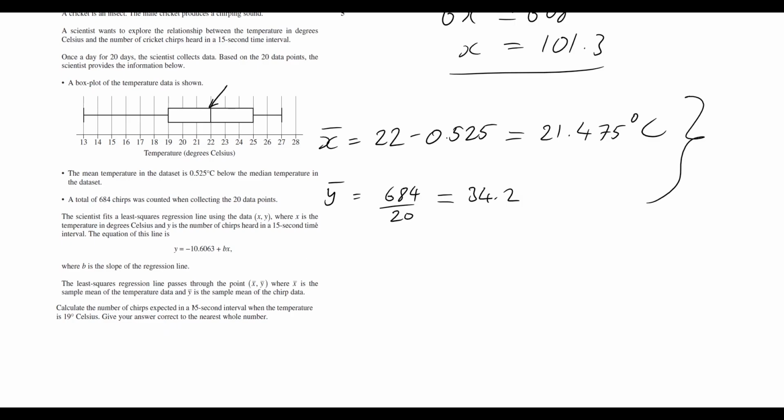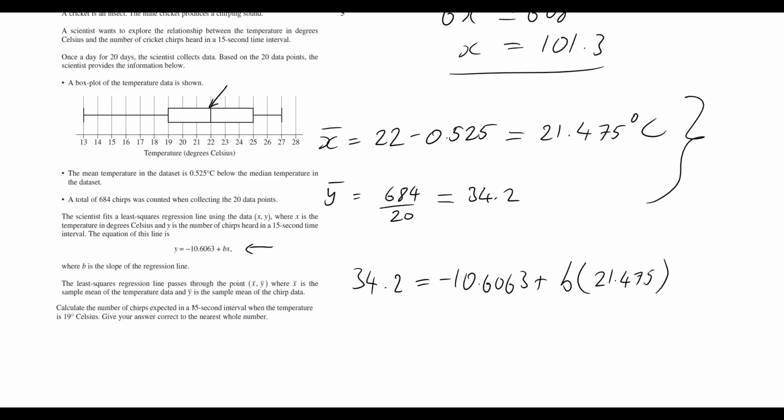Okay, so for us to actually approach this, what we need to do is figure out our constant term b. So our term here b actually corresponds to the gradient on this equation, and all we need to do now to figure that out is substitute in the other values that we have, since we know that it passes through the average point. So that means we substitute those values into this equation here, and we end up with 34.2 equals minus 10.6063 plus b, we don't know that yet, times x average, which is